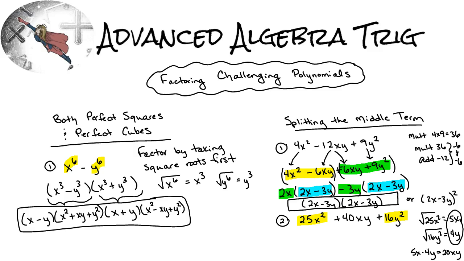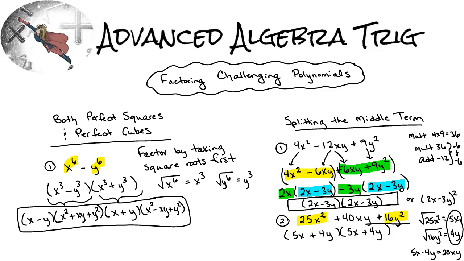And if we double that, it is the 40xy that's in the middle. The reason we would double it is because after you FOIL your factors back together, the middle term would be doubled. So if you notice that these square roots are popping up and you feel comfortable doing this shortcut method, what you can do is take the square root of the first, which is 5x, plus the square root of the last term, which is 4y, and it would be identical in the second parenthesis, and that would be your